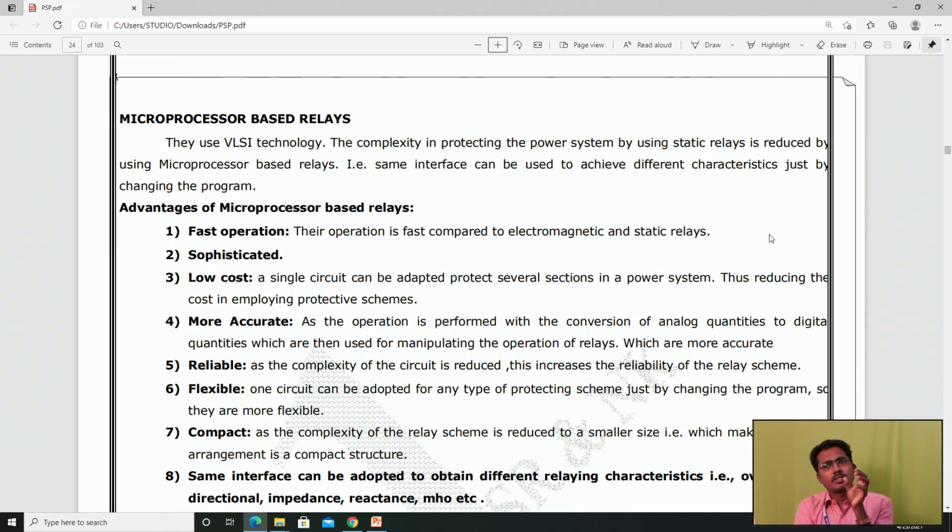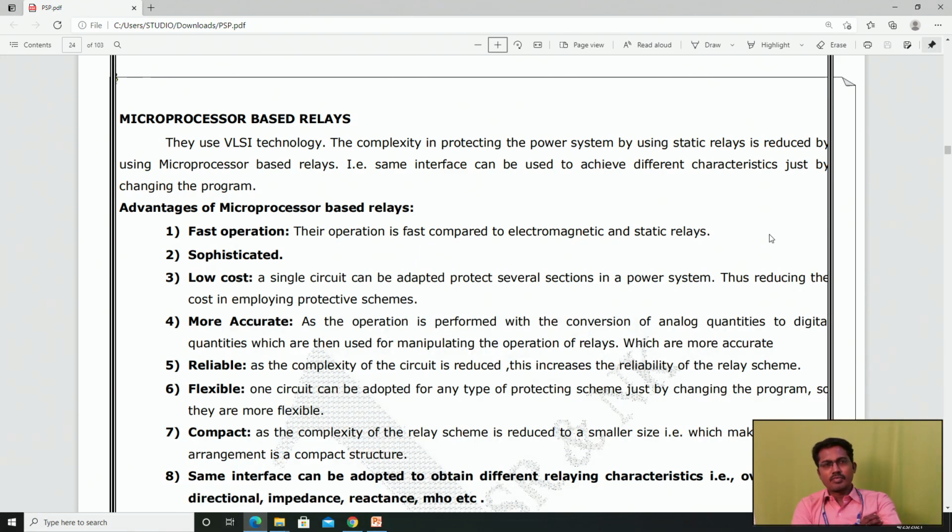The electromagnetic relay is not a portable type, while the static relay is portable. The electromagnetic relay does only one operation, while static relays do two or three more operations with single processing, but they are operated individually and data will not be stored. By using a microprocessor based relay, n number of static relays can be connected at a single point. The output we get from the microprocessor is sent to the static relay, then the protection operation will be carried out.